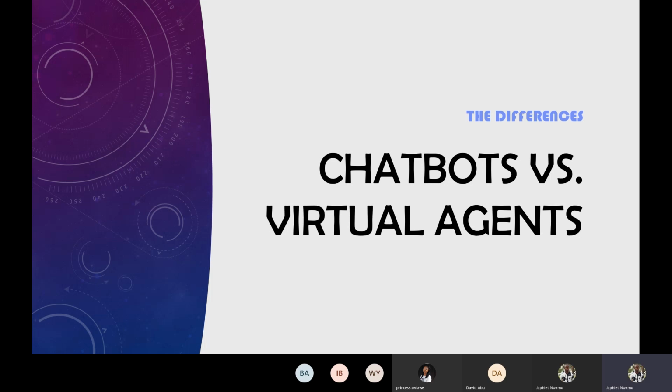A very common example of the difference between a chatbot and a virtual agent is this case scenario. Now, a customer comes and types in, I can't access my email. Now, a chatbot notices two keywords, access and email. What it does is it goes through your knowledge base, that is where you have everything that it needs to take note of.